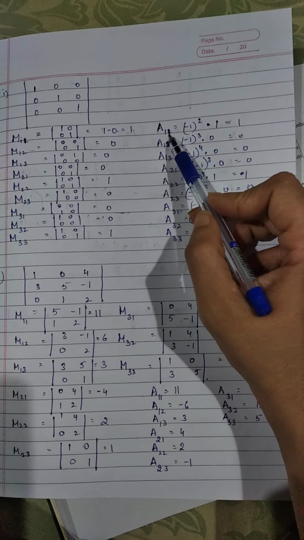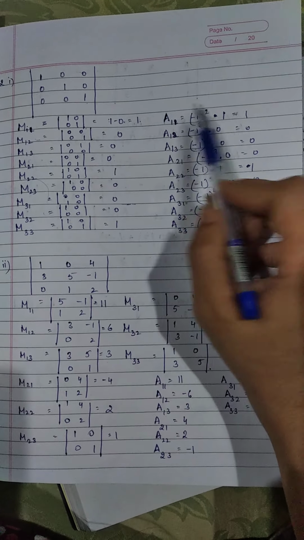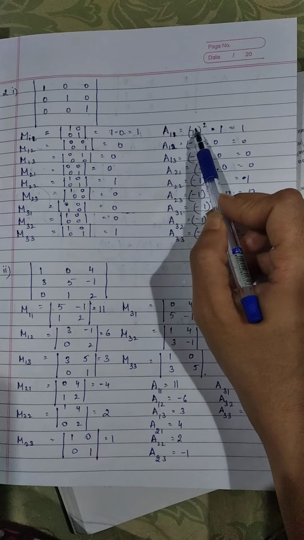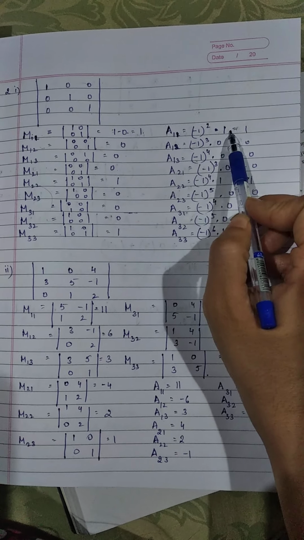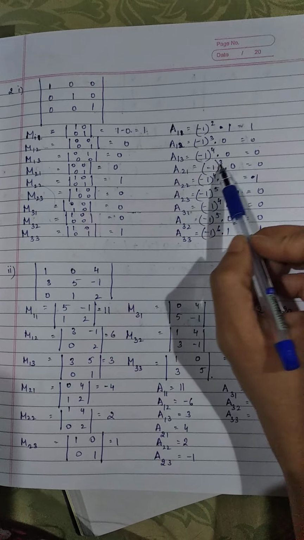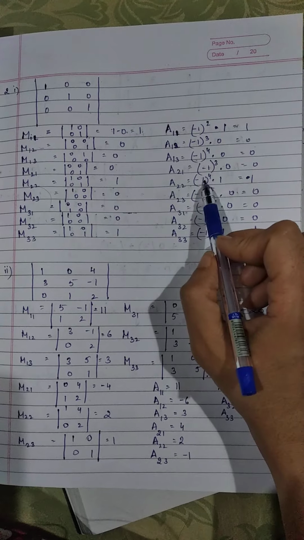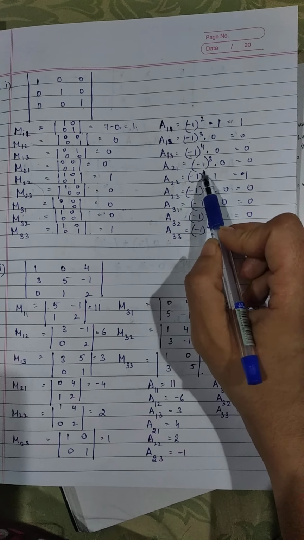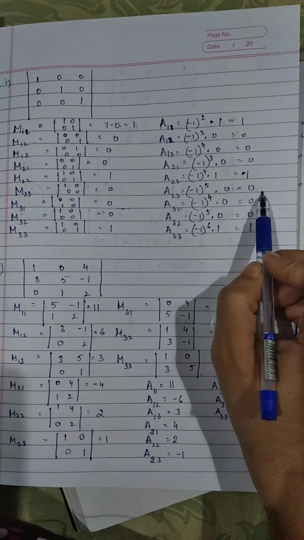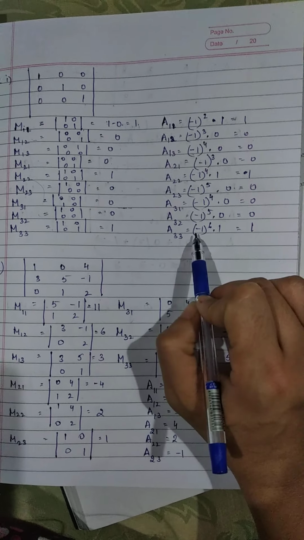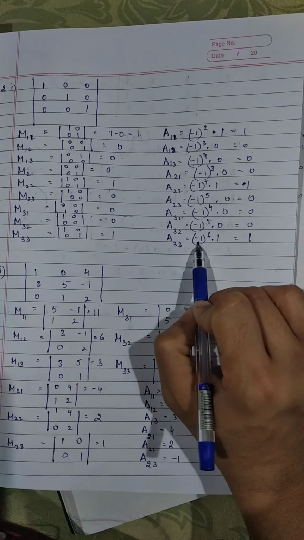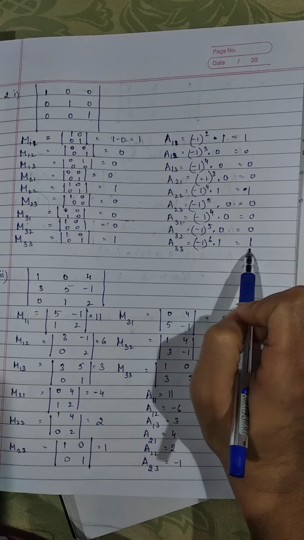Likewise, cofactor. For the cofactor, we'll be considering the minor value, only we'll use the positional values here. So we have minus 1 to the power 2 into 1, which is 1. Minus 1 to the power 3 into 0 is 0. This will be 0, this will be 0. Here, it's a positive. So plus 1 into 1 will give us 1. Minus 1 to the power 5 into 0 will be 0. This will be 0, this will be 0. Here, minus 1 to the power 3 plus 3, that's 6, into 1. This will give us a positive 1. 1 is equal to 1.